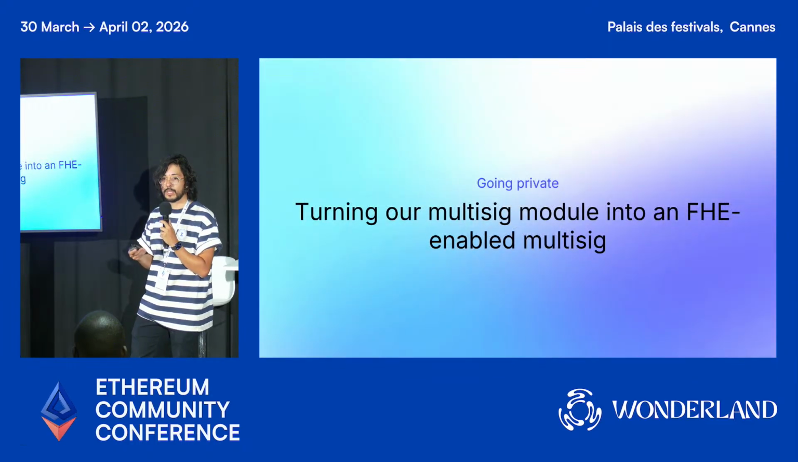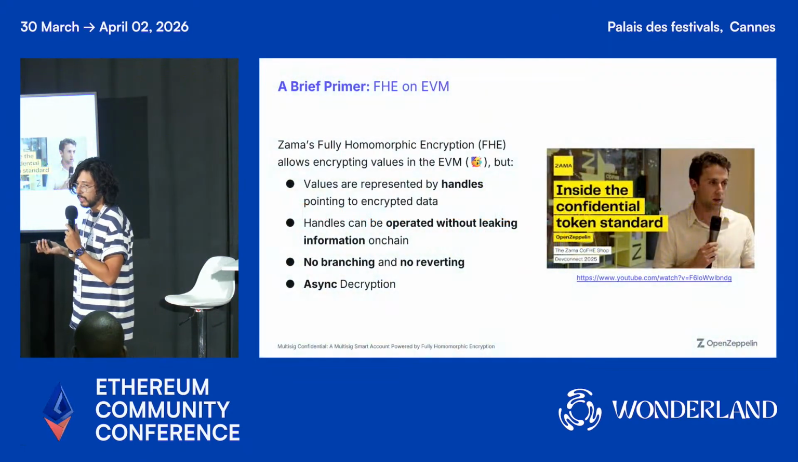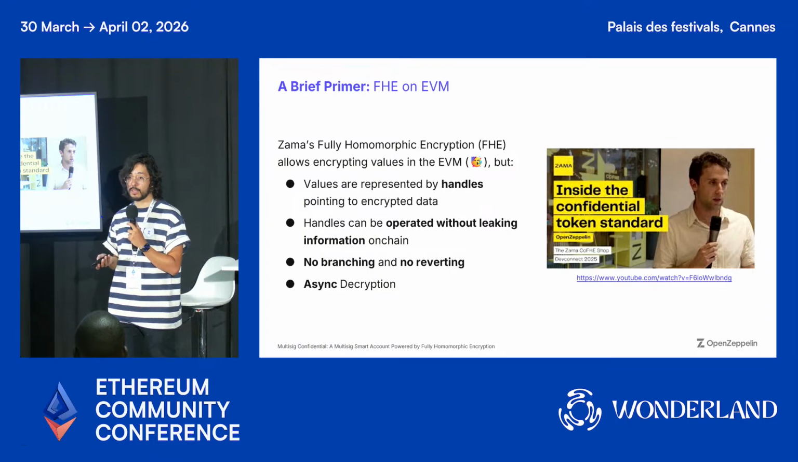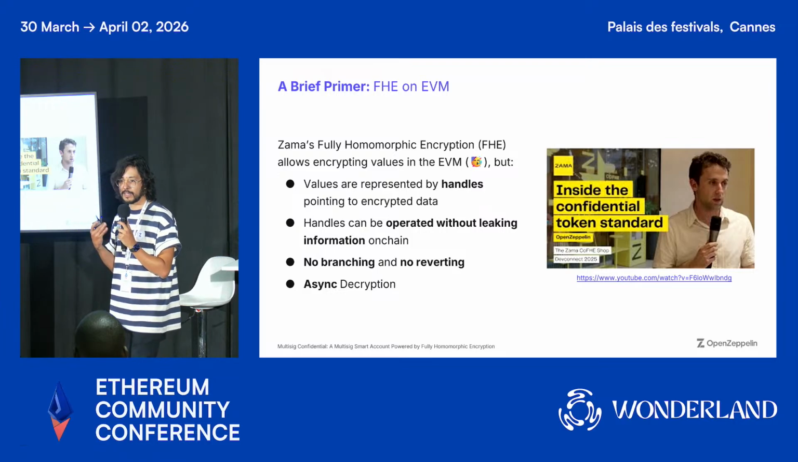So let's jump into the next topic, which is going private, which is making the multisig actually private, right? So what does it mean to make it private? It means to encrypt the components that I already mentioned, but for this, you need a primer into FHE using Zama. For this, I would highly recommend this talk. You can see the link there, and it has a really good introduction. This is by one of the members of the OpenZeppelin team,